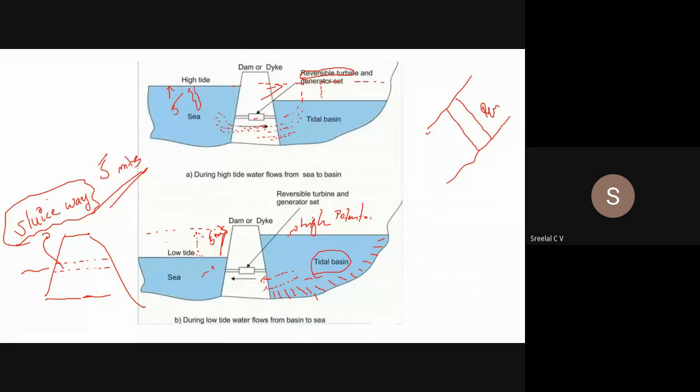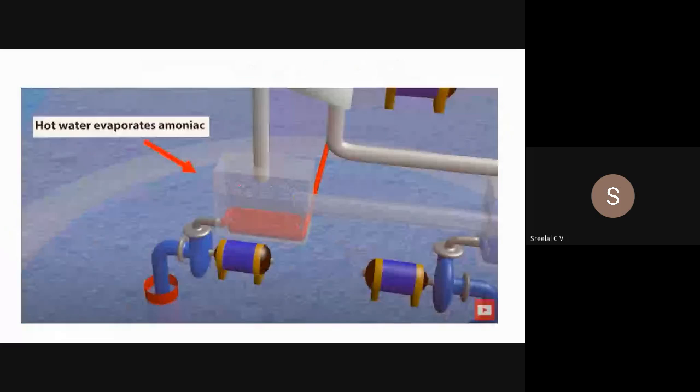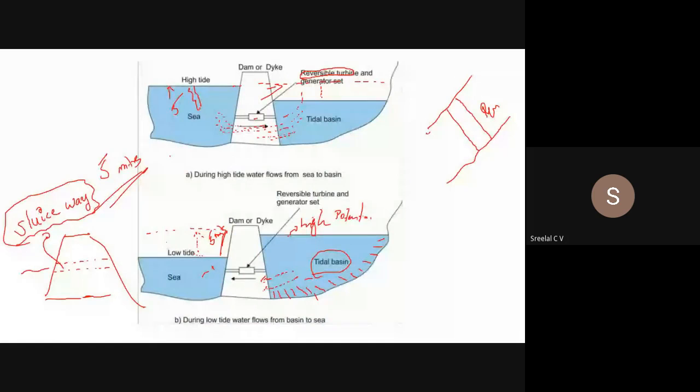Understood? Yes, sir. Okay, so in the case of tidal energy, high tide and low tide, while you are explaining that particular thing, you have to start with the energy which we are deriving from the oceans. Okay, and mainly if a tidal question is asked, you have to write all this thing: tidal energy, wave energy, and you can write the OTEC. Okay, and you can give a small introduction for all this thing.